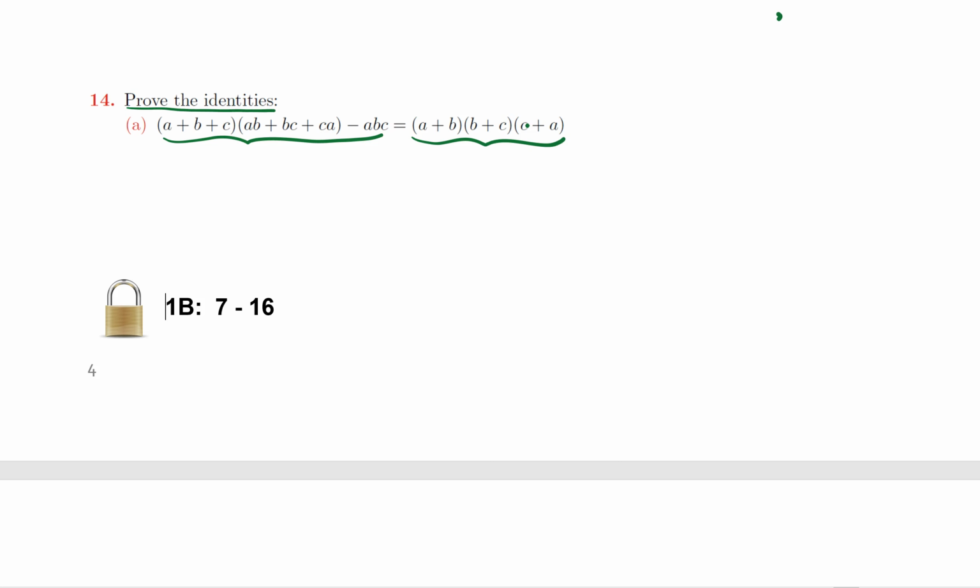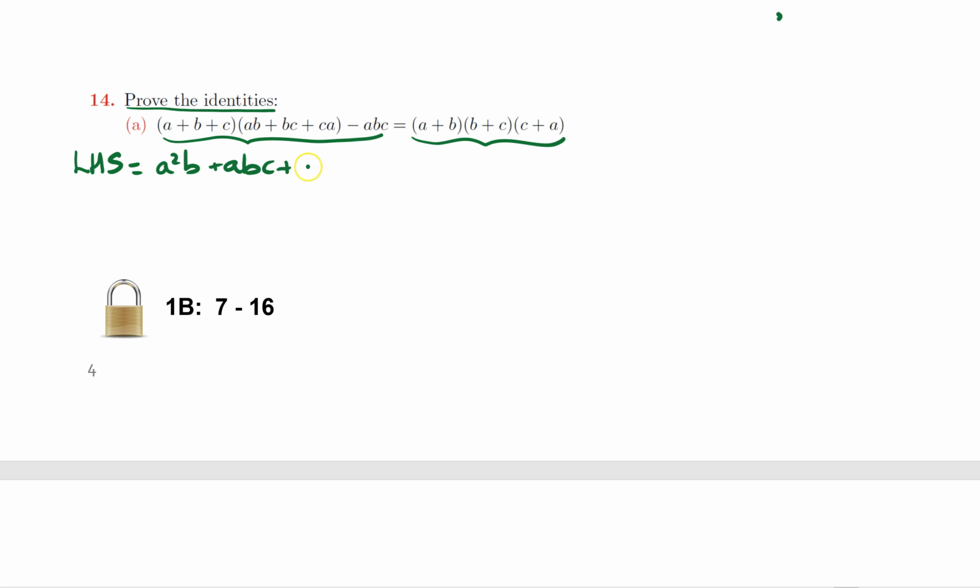As a real rule of thumb, you take the more complicated looking side and try to work it into the simpler side. So if we take the left hand side, we'll just work on it. And the thing is that we often don't know exactly where we're going with this, we just follow a process. So the left hand side equals, if I multiply it out, then I've got A times AB, so that's A squared B, plus A times BC,